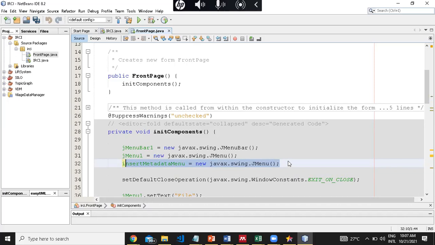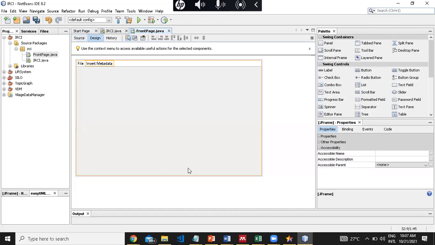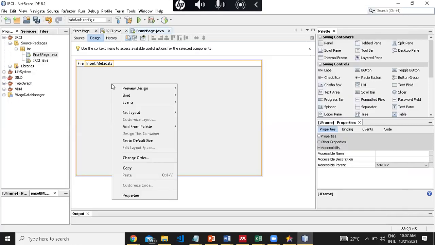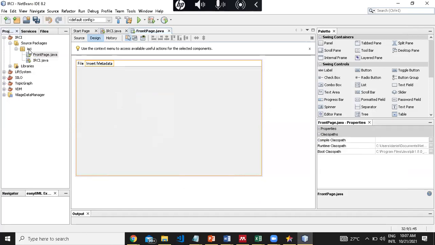This is the example. Now, as I mentioned earlier, another object inside the front page is the insert metadata form, and this is a composition, so the creation also should be done inside front page. Of course I can do it from here,